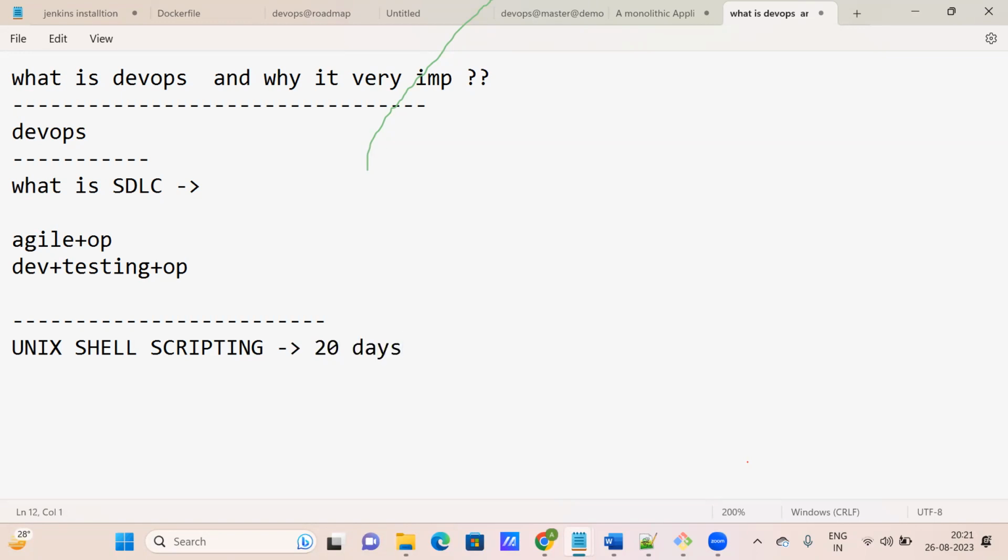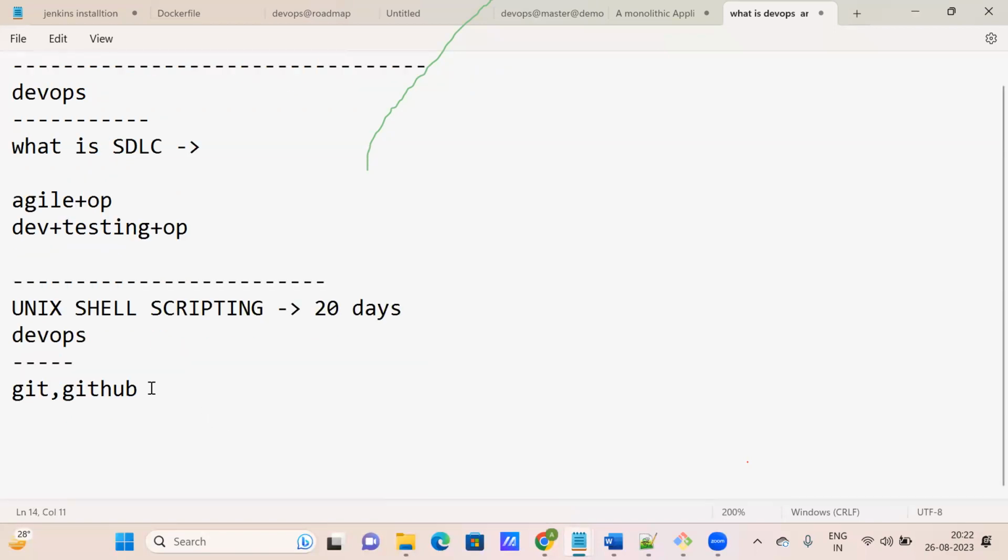Then we have DevOps. In DevOps, we need to complete GitHub. GitHub Actions also I added this time. Then Maven, Nexus, Tomcat.